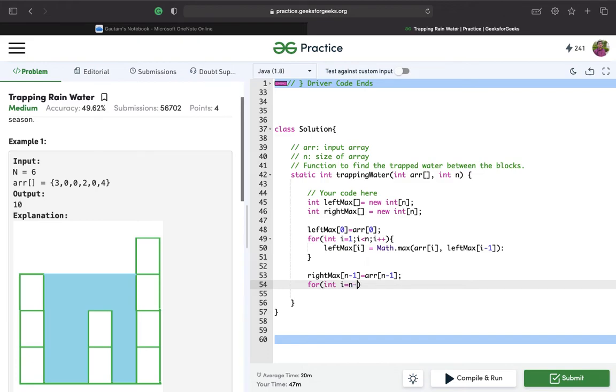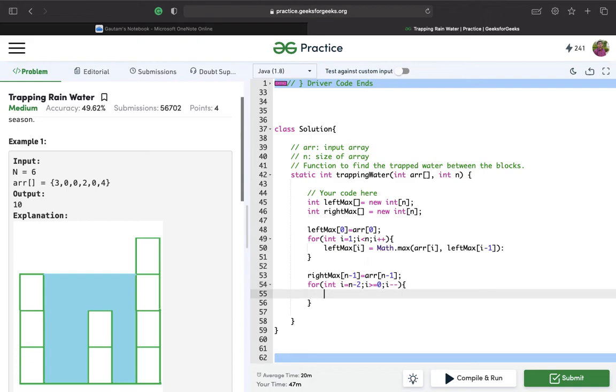i equal to n-2, because we have already initialized n-1, so there is no need to start with n-1. i greater than or equal to 0, i--. rightMax[i] equals Math.max(arr[i], rightMax[i+1]), right?